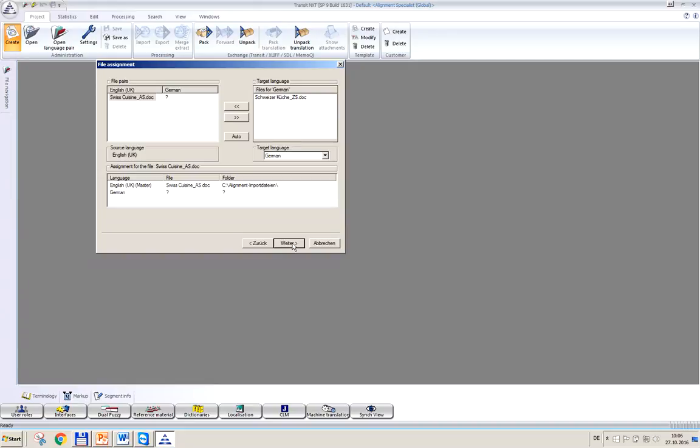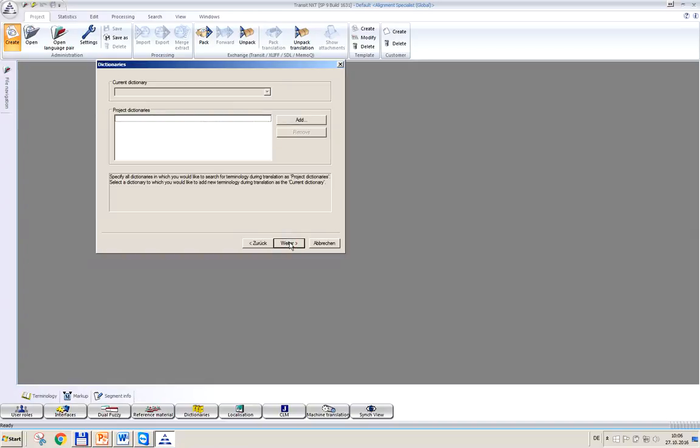The next step is that we have to assign which source belongs to which target. In this case, we just have one file, so we just click on auto and that's okay. But we could also have several files, and then we really have to assign which German file goes with which English file. We click on next,